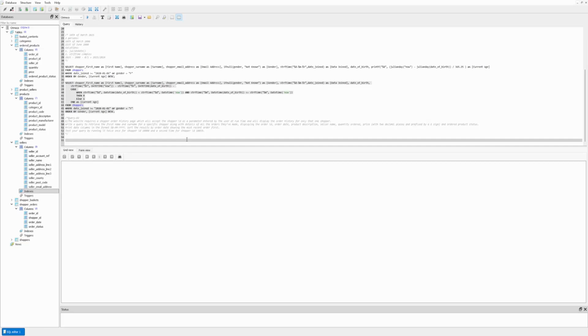Alright, so the second query is: the website requires a shopper order history page, which will accept the shopper ID as a parameter entered by the user at runtime and will display the order history for only that one shopper. Write a query to retrieve the first name, surname for a specific shopper along with the details of all the orders they've made, displaying the order ID, order date, product description, seller name, quantity ordered, price with 2 decimals and